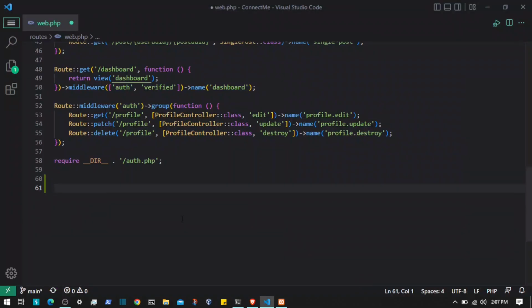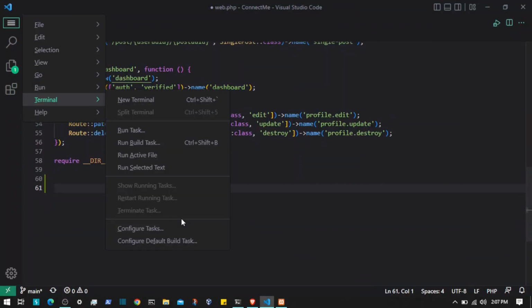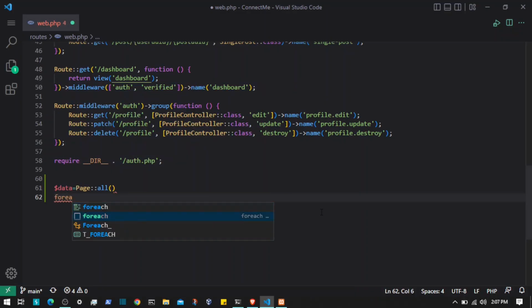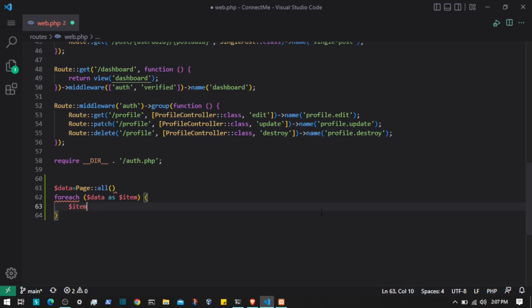The way we're gonna do that is let's say $data equals to page, and then get all of them, then loop through this. I'm gonna use foreach, and let's say item, and here we're gonna go dollar item of